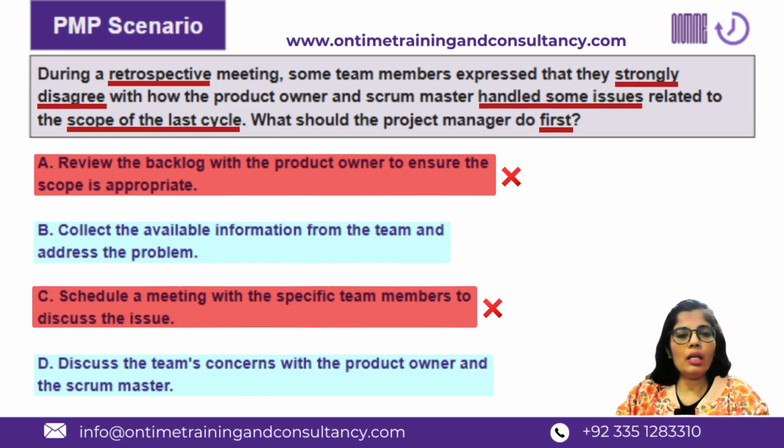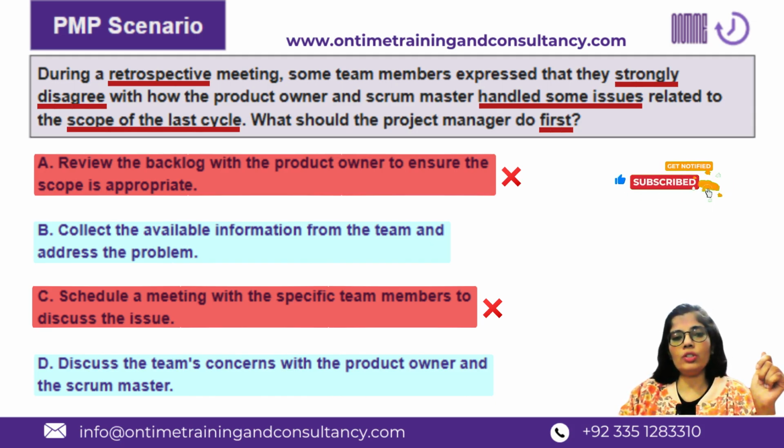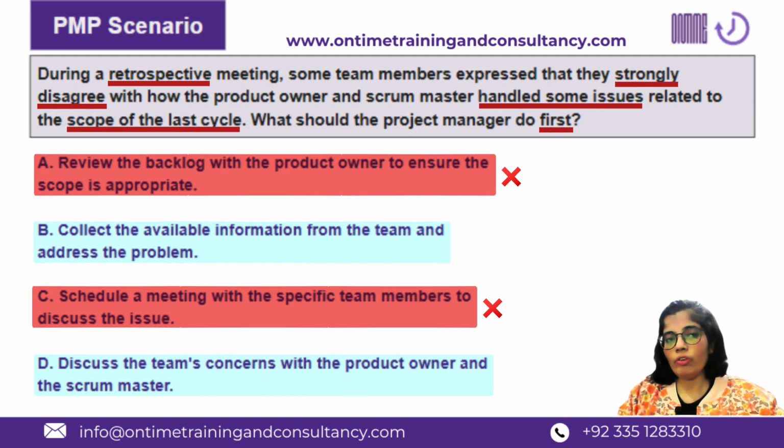But did the team assign you as their representative? Number one. Or did the team request you to go to the product owner and scrum master to speak on their behalf? And if this is the case, this should be mentioned in the scenario directly or indirectly, and it's not there. And usually, like the usual mindset of agility, as per the agile value number 1, individuals and their interaction, is that